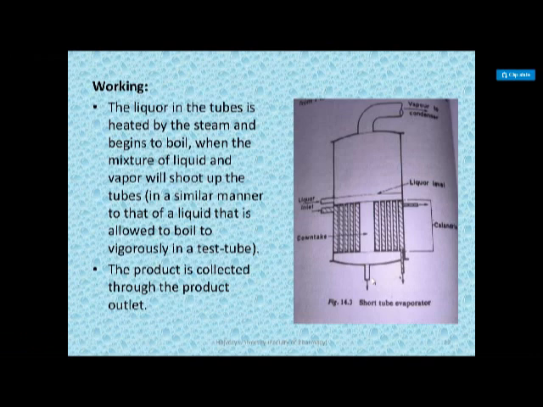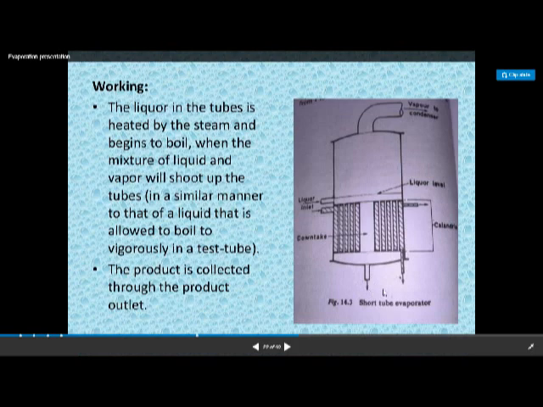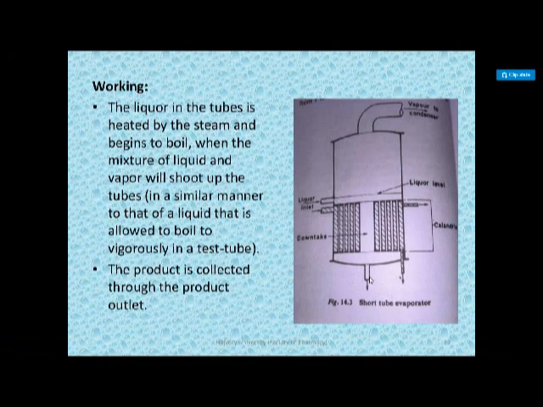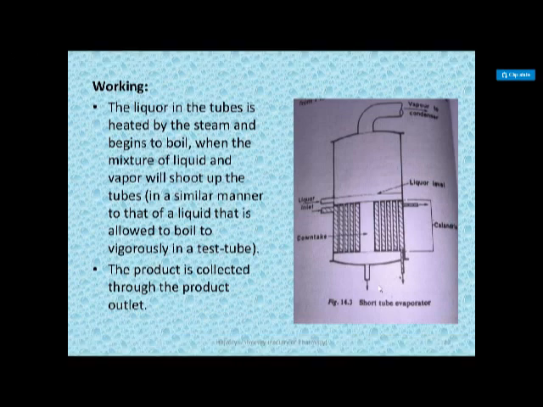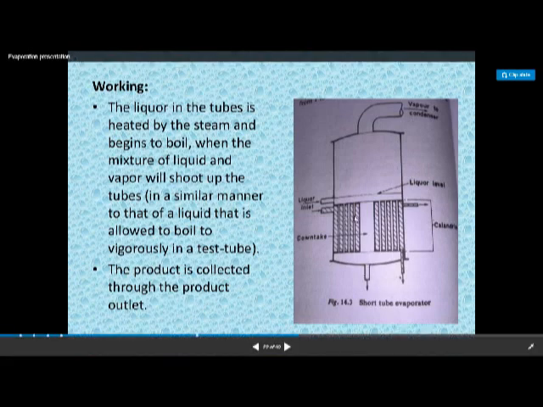Some quantity of the liquid will come out of the evaporator without evaporation, and what is this called? This process, in which the liquid comes out without evaporation, is called short circuiting of the liquid. And this is because of the increase in the pressure head, which is because of the liquid above on the tube. This is called short circuiting of the liquid.